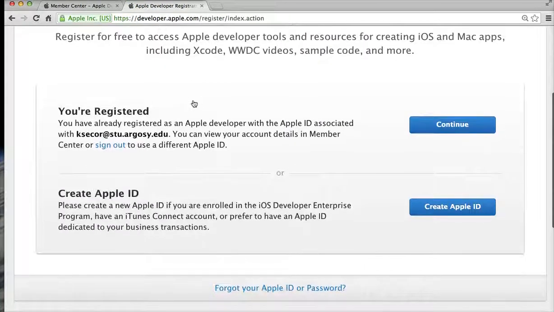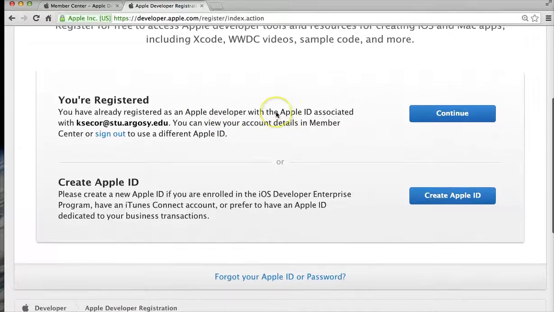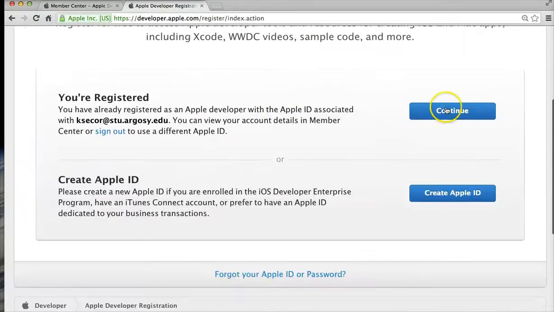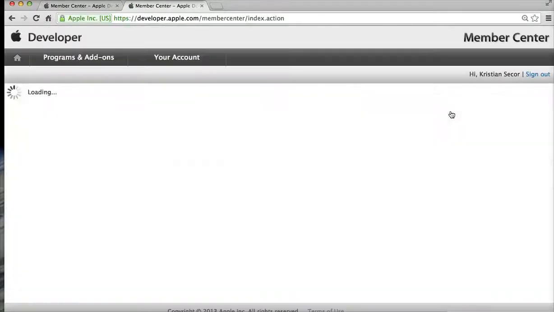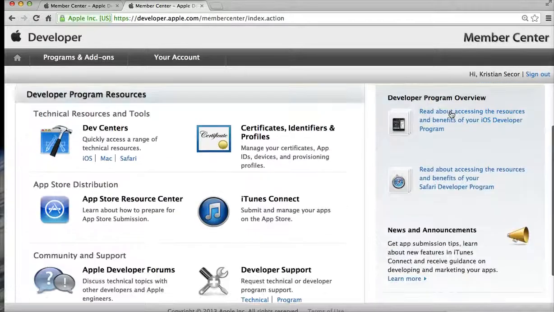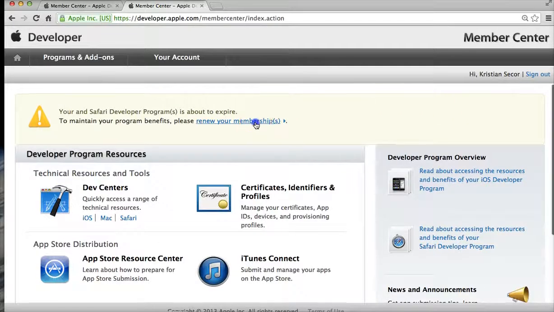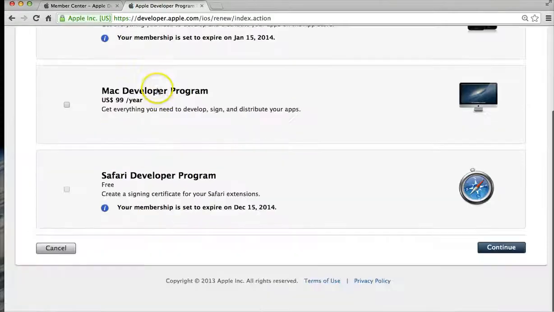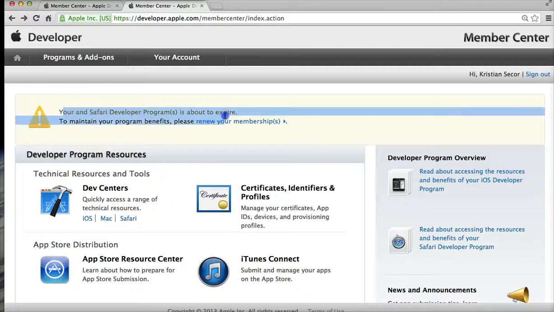And it's really interesting because I'm signed up with the same site, and this is actually a nice improvement, how they've recognized that I am indeed registered. So many sites don't often do that. So overall, pretty solid, except for the fact that it sort of points you in the right way. For example, I just signed up for this, and to maintain your program benefits, it says renew your memberships, which I just did